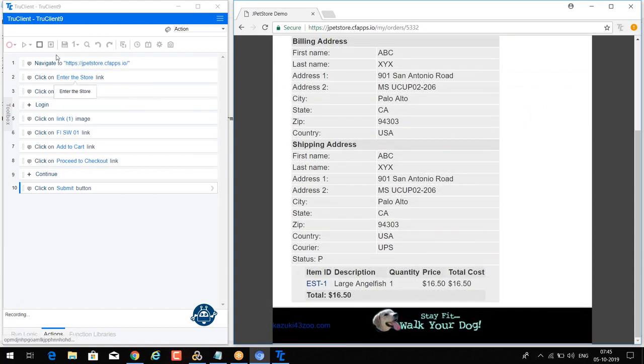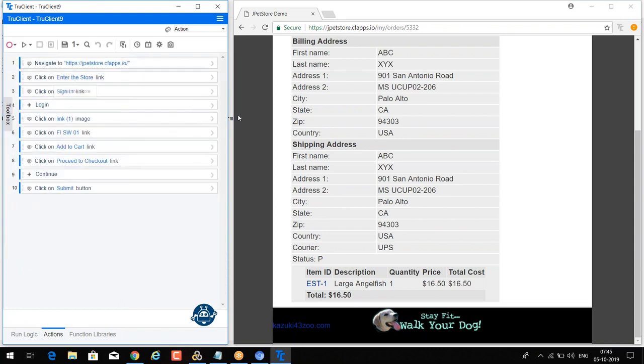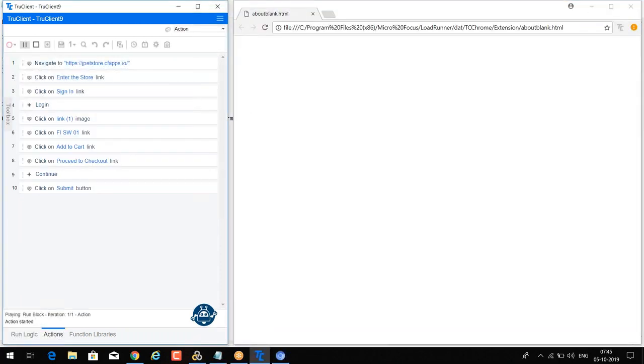So these are the steps that we can perform. So we have recorded these many steps. Okay, so these are the steps. So we have recorded. Now we can also replay after recording, so if there is any issue or challenge, we can see.